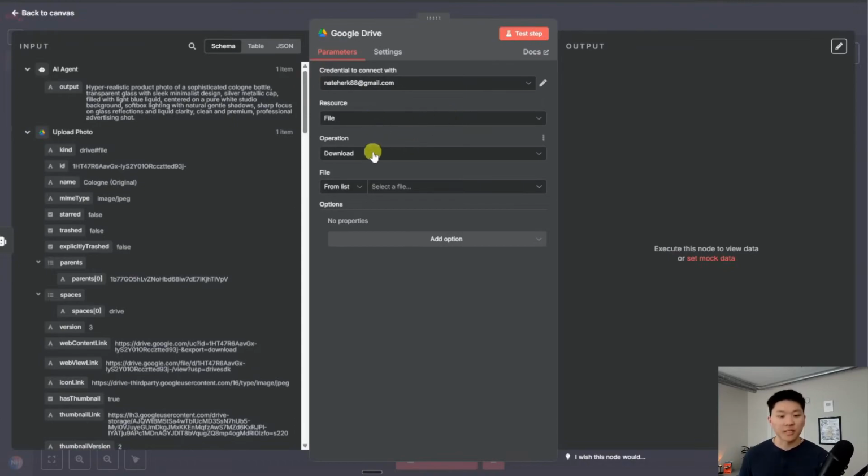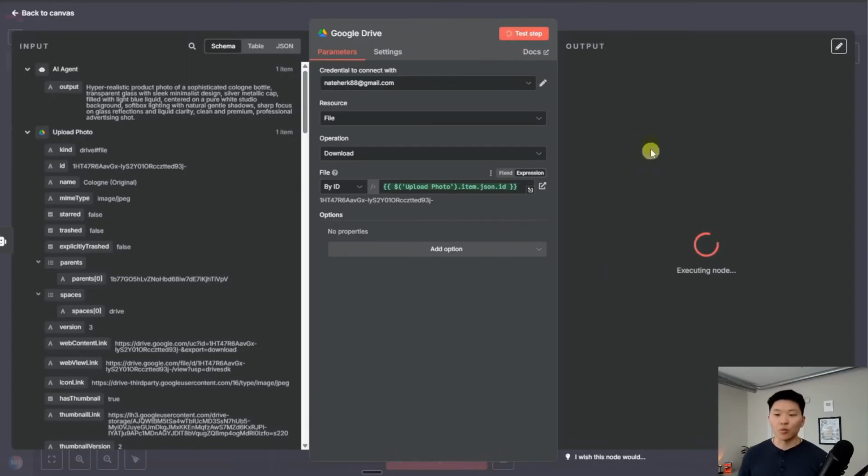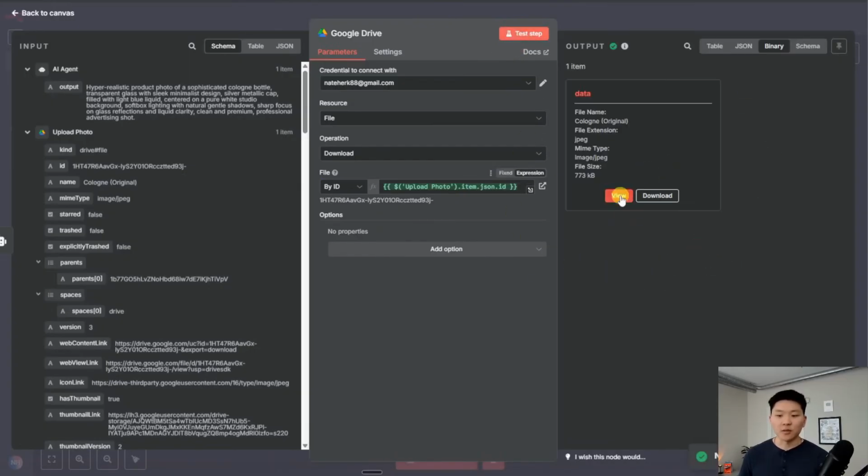The operation is going to be download the resource as a file. And instead of choosing from a list, we're going to choose by ID. And all we're going to do is download that file that we previously uploaded every time. So I'm going to come over here, the Google Drive upload photo node, drag in the ID, and now we can see that's all we have to do. If we hit test step, we'll get back that file that we originally uploaded,